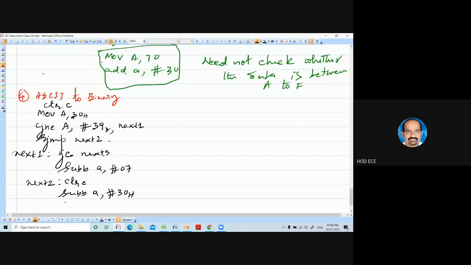That is, if number is less than or equal to 39, subtract 30.